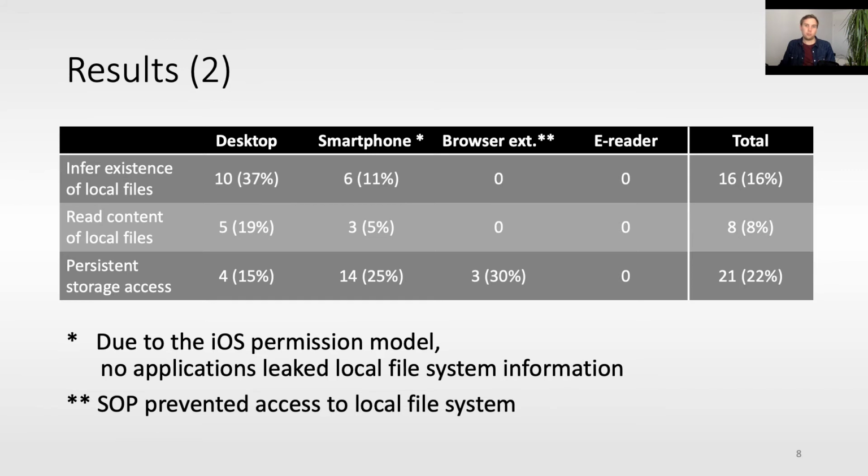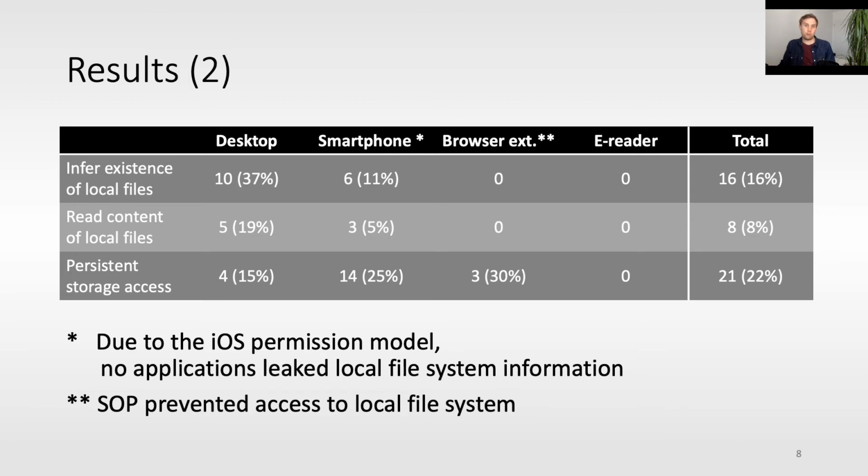Again, the next experiments were only performed for reading systems which allow JavaScript execution. In 16 of those reading systems, a loaded Epub could infer the existence of a certain file on the local file system. And in 8 of those reading systems, it could also read and thus leak the contents of this file. Interesting here is that none of the iOS applications was susceptible to this vulnerability due to iOS's strict permission model. Here, none of the applications requested access to the file system as a whole. Only permission was requested for the actual Epub file to be opened.